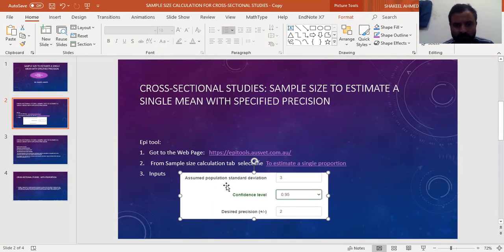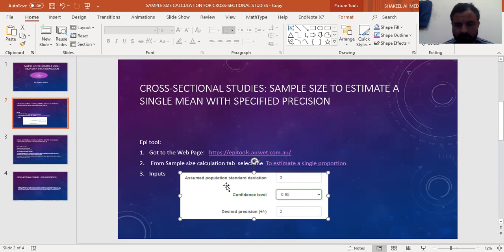So assumed population standard deviation, it is an assumed value, so it is difficult to guess or assume a correct value or an appropriate value of the population standard deviation. You need to read literature again or take help from the experts in deciding the standard deviation of your population corresponding to your study variable.